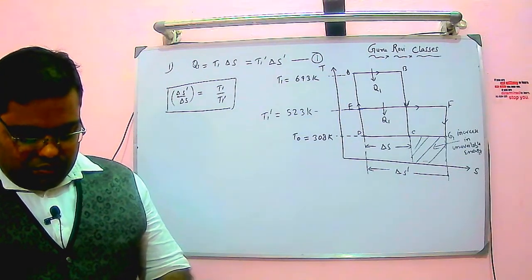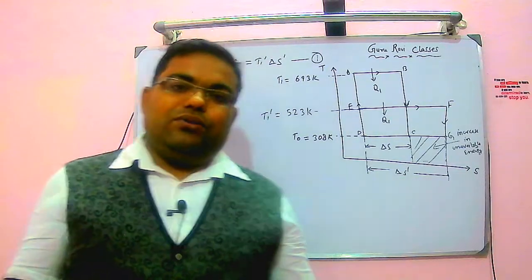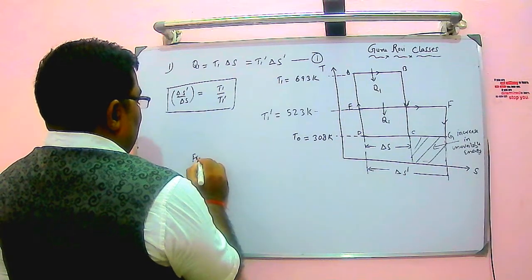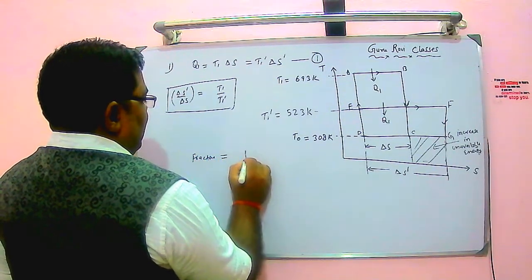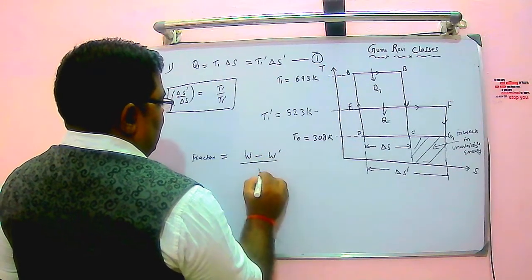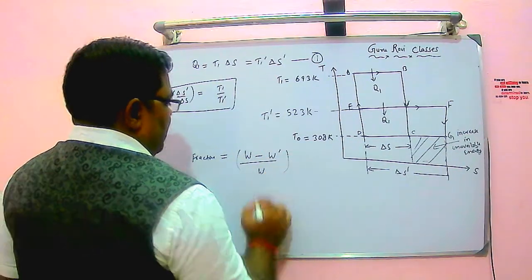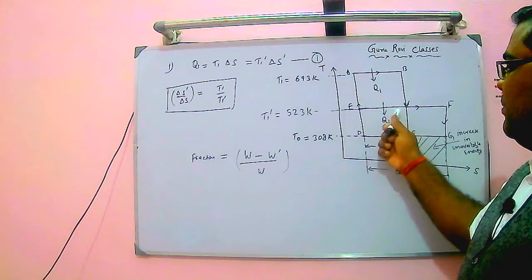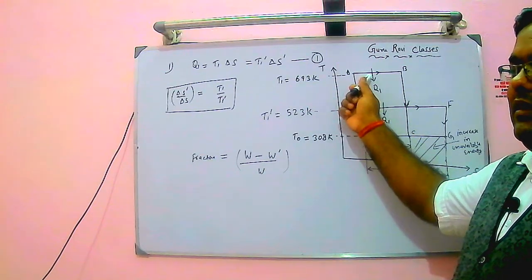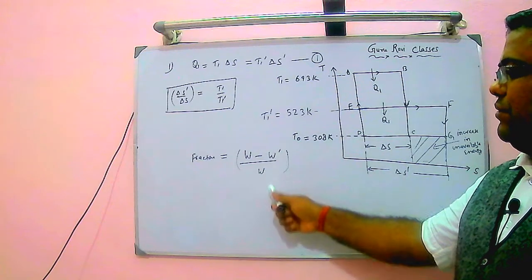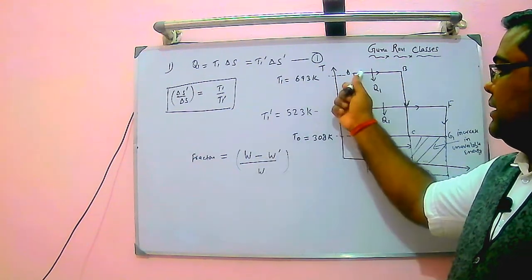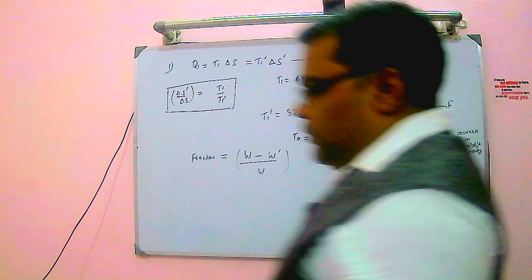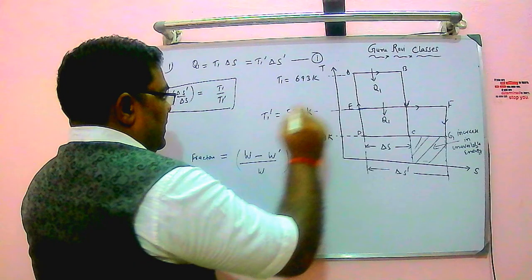So we can write down now the fraction of energy that becomes unavailable due to the irreversible heat transfer is nothing but W minus W dash divided by W. So this we need to calculate. The initial available energy will be more, and this is the available energy at evaporation divided by the available energy at vaporization. So we need to find the fraction of this energy which has been lost. For this we need the available energy. This is equation number 2.